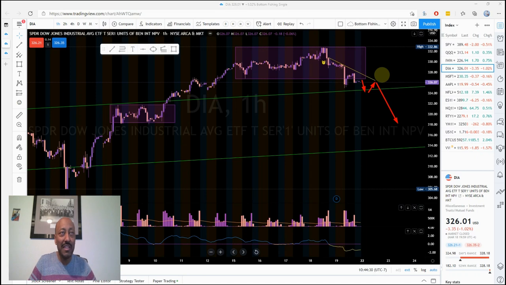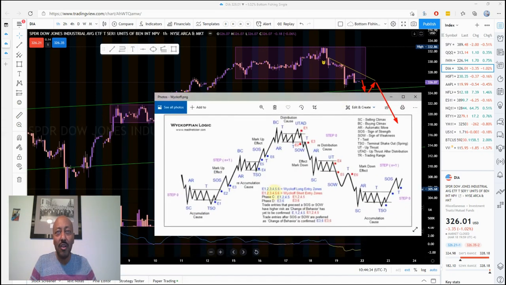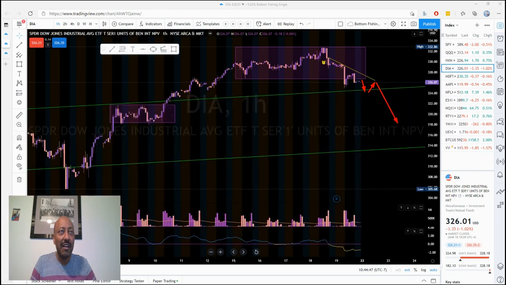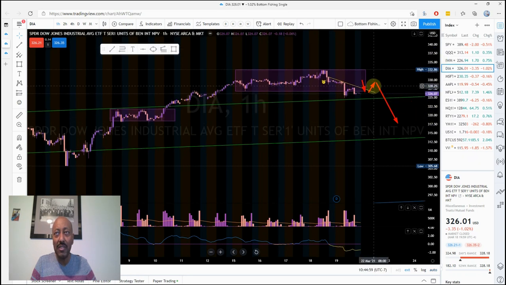For me, I just want to make it easy. I don't want to have to come and memorize this chart. What phase am I in? Is it AR? Is it T? SSO? I don't want to do all of this. I just want to simplify it. And the way I simplify it is by just saying, hey, I have a consolidation area. It could be a distribution. It could be a reaccumulation. Which side am I breaking? And if it's breaking to the downside, that's how I want to see it.